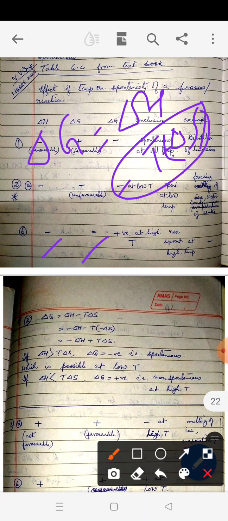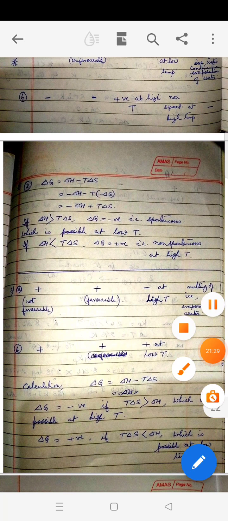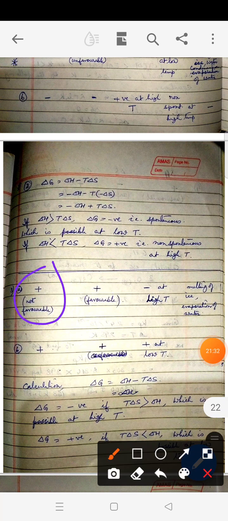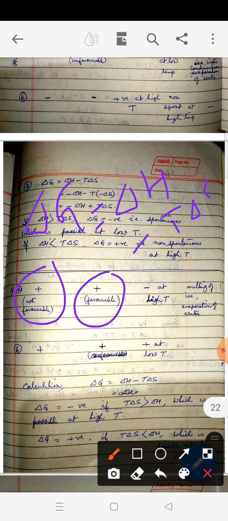Next situation let us take. When delta H is positive, that is it is an endothermic process, and delta S is also positive, that is favorable, that is occurring by increase in entropy, then what happens to the sign of delta G? Delta G we know is delta H minus T delta S. So what is happening to the sign of delta G? Delta H is positive, T delta S is also positive. Sorry, not T delta S is positive, only delta S is positive. So